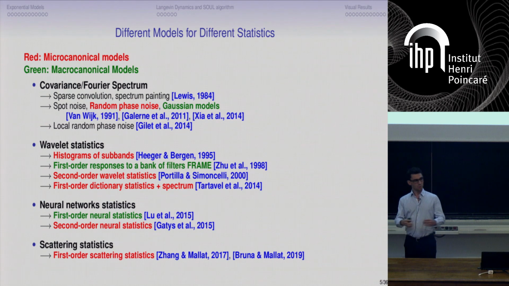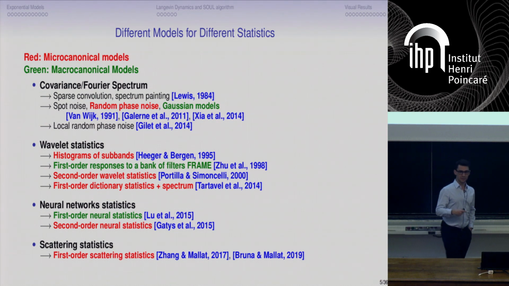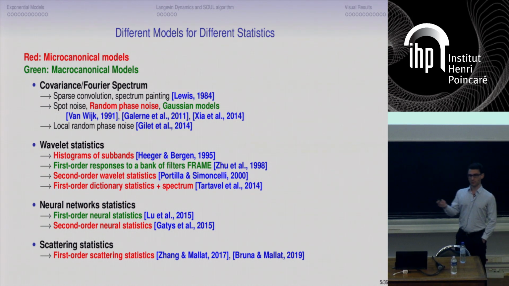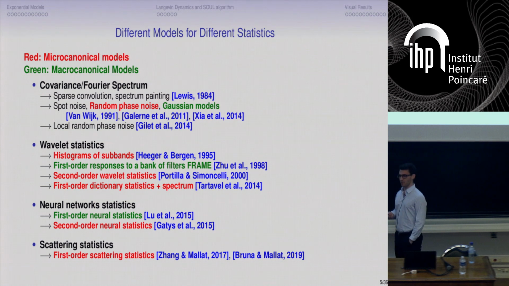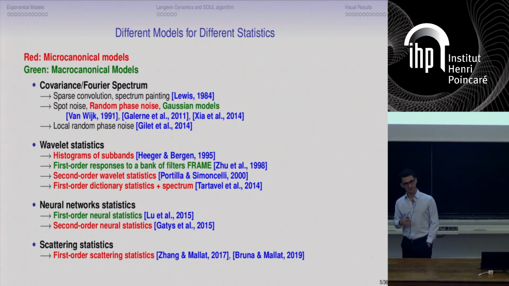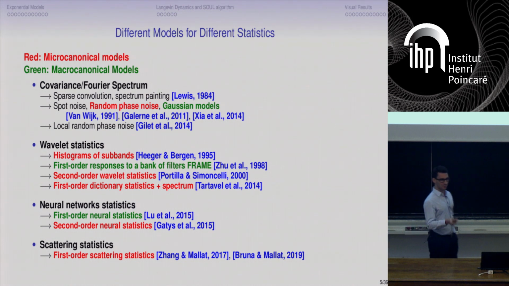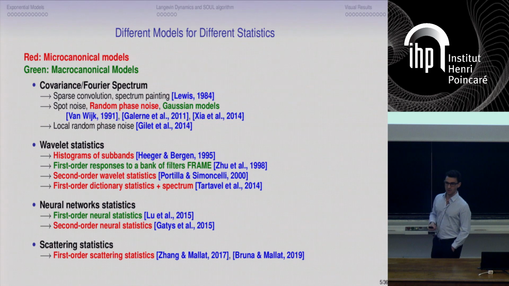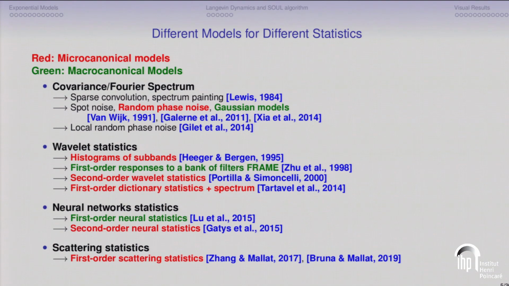You start from a white noise, and you do a gradient descent to minimize a functional linked to the distance of the features of the synthesis to the features of the original image. So I'm not saying that this functional is easy to minimize. If you look at the work by Guillaume Tartavel, for example, you may see that such functionals may have many local minima, and there are some parameters to set. But anyway, you can consider such an algorithm, especially now when obtaining the gradient of your features costs virtually nothing more than computing your features in recent implementations.